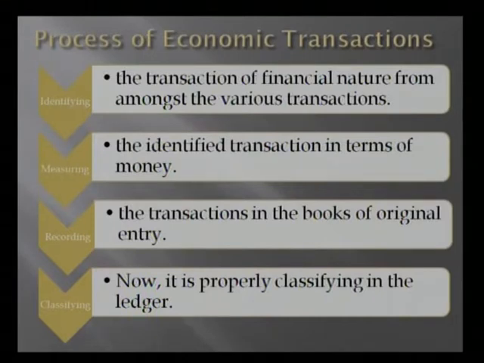Then after the monetary values have been identified, it would be recorded systematically in the specific books of accounts, and all the books of accounts would be identified, and the transaction is recorded systematically in the respective books, then the classifying. After the recording in the books of accounts, it would be classified in the ledger books. So in ledger books it would be identified. I'll take an example. Suppose there is one transaction regarding purchases.